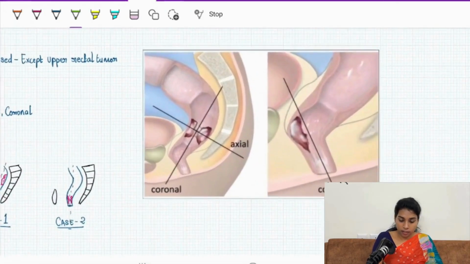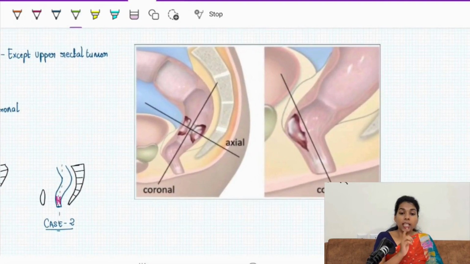So coming to the plane of acquisition, which is the most important part in the acquisition of carcinoma rectum, the axis of acquisition should be parallel to the axis of the tumor. What do I mean to say? So this is the tumor here, right? This is the axis of the tumor. So the axis of the tumor and the axis of acquisition should be the same. They should be parallel to each other. And then you get a coronal plane. And you take perpendicular sections to this axis, you will get axial sections.